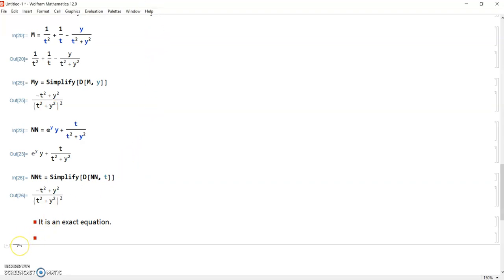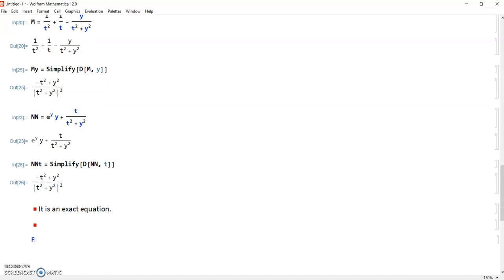So since now the equation is exact, the solution of this equation is represented by a function f, which will be the integral of either the m function or the n function. Okay, so the solution can be represented by a function f. So for this we will integrate